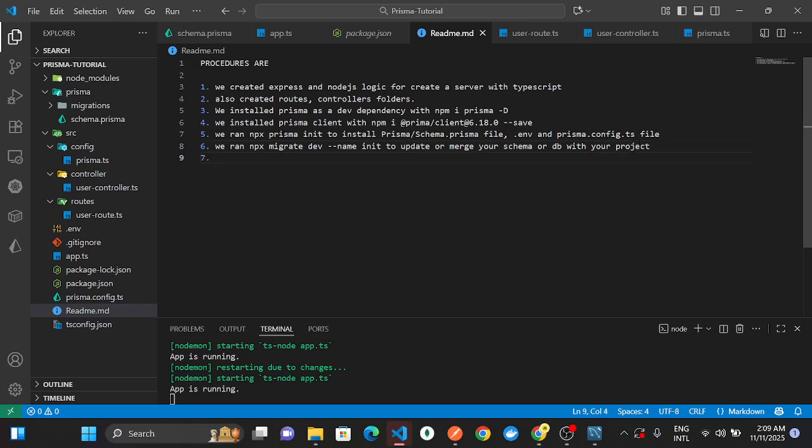Then number 7, run npx prisma generate to generate and update the changes from the prisma/schema.prisma file. Okay, here should be Prisma. Alright,